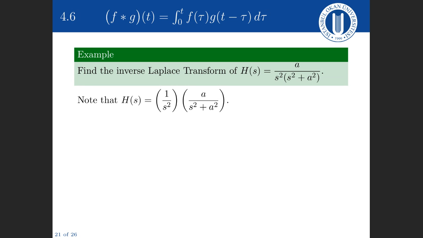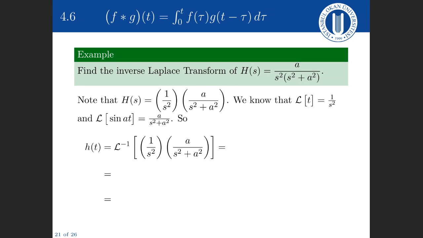First thing to note is that capital A is the product of two functions: the function 1 divided by s squared and the function a divided by s squared plus a squared. We know that the Laplace transform of t is 1 over s squared, and we know that the Laplace transform of sine at is a divided by s squared plus a squared. So small h, which is the inverse Laplace transform of 1 over s squared multiplied by a over s squared plus a squared,